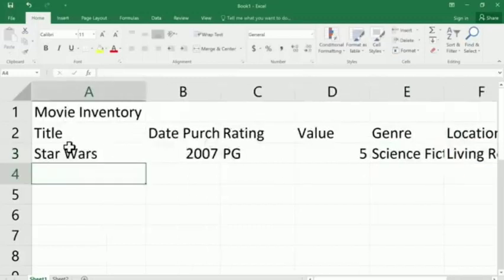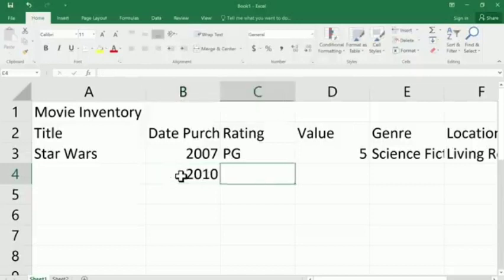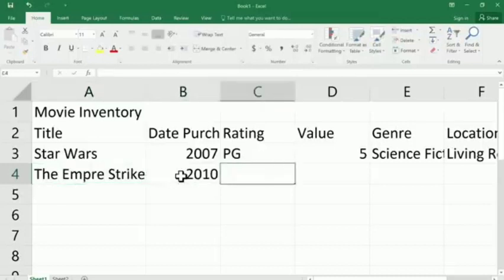Okay. So that's an example of data entry, how you can enter data into a spreadsheet by clicking on a cell or somehow getting on a cell, typing, and then hitting either tab to move to the right or enter to move down. Now, as another example, I'm going to type in another record, and I'll put in some other